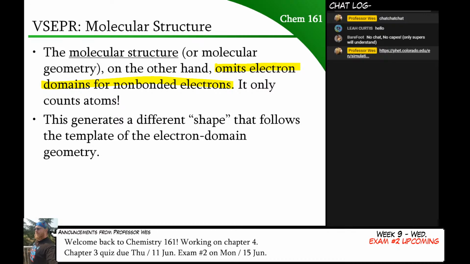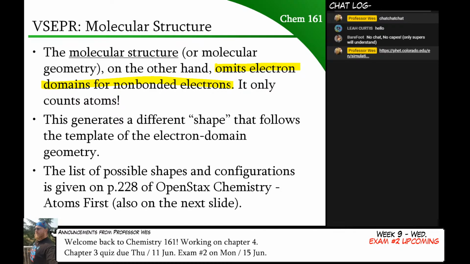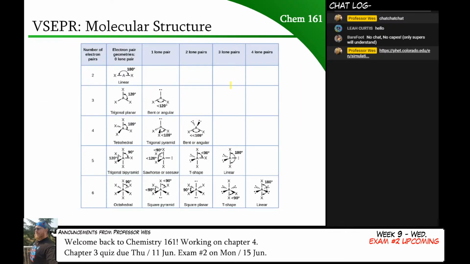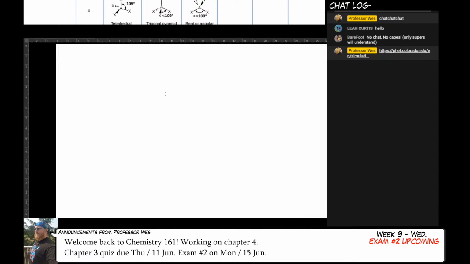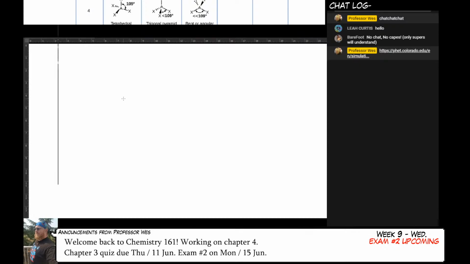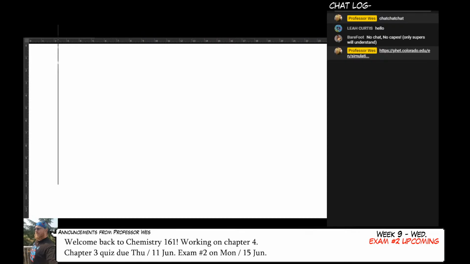As a result, the shape is going to be slightly different. And we end up creating a chart on this page that shows that. We're actually going to make this chart over here. I didn't zoom in before I started this today, so there we go. All right, so what we're going to do first, I'm just going to hide this up at the top because we don't really need it.